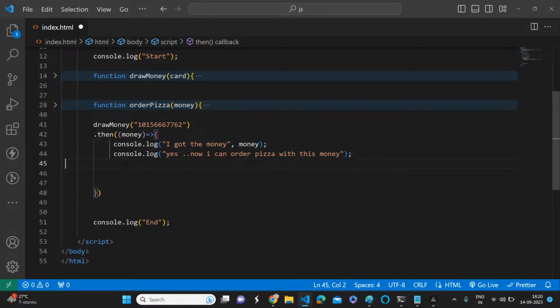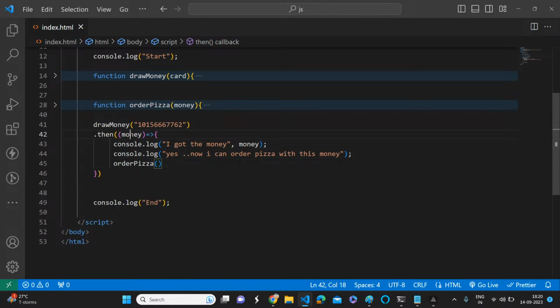Yes or no? What is the input for ordering the pizza? Money. Yes, that money we are getting from the previous asynchronous call. Yes or no?